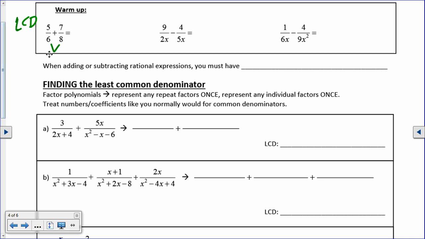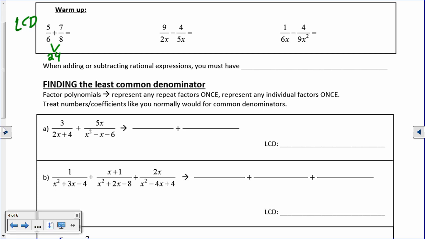24. They do both multiply up to 48, but that's not the smallest one. That's where the L comes into play. You want the smallest, the least common denominator is the least common multiple. They both multiply up to that, but it's the smallest one they have in common. Okay? So I know that the denominators need to be 24 in order to add them, so how do I